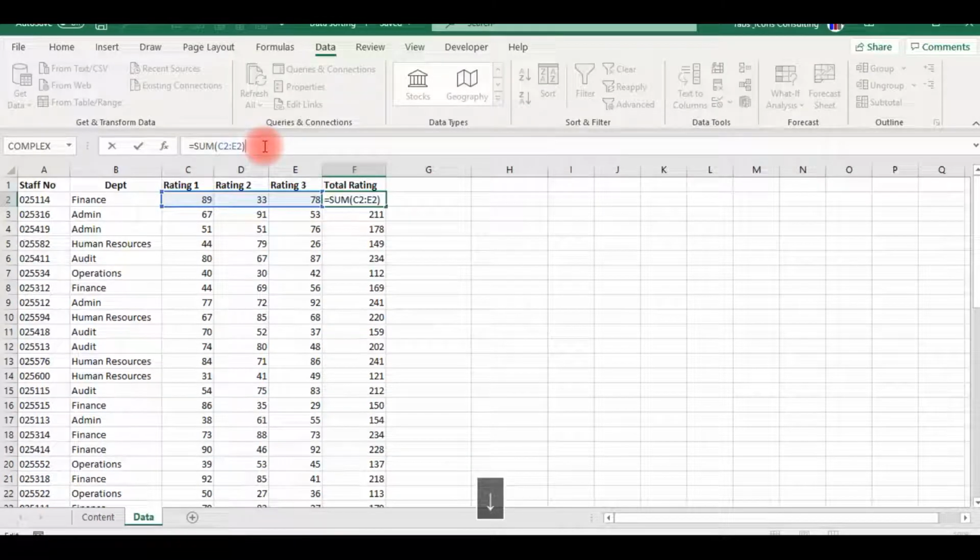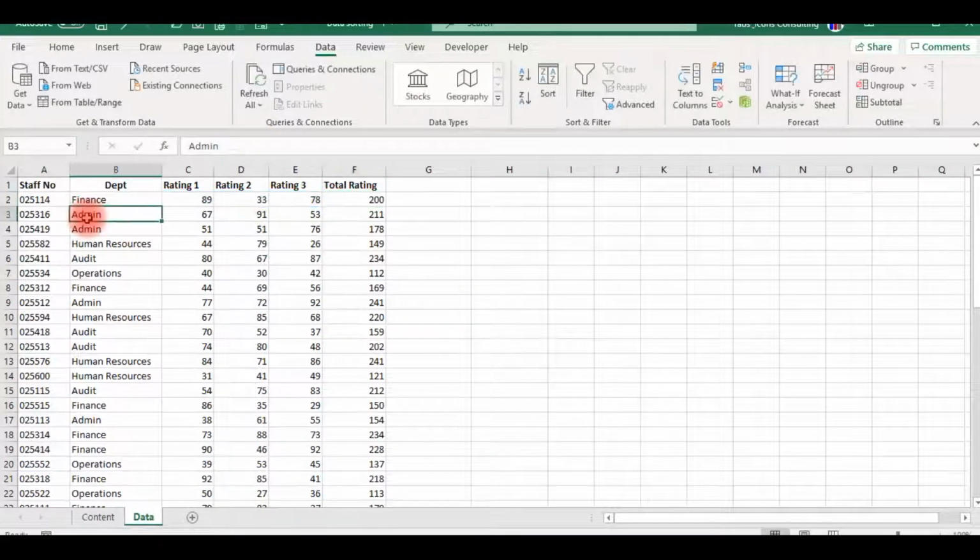Now, if you want to sort this data, let's assume we are sorting by department, because if we look at the order here, there's no particular order in which the departments are arranged. We have finance first, there's admin. Going down again, you can see finance and admin. So that means there's no particular order. So if we decide to sort this by department so that A departments come first before B, the first thing